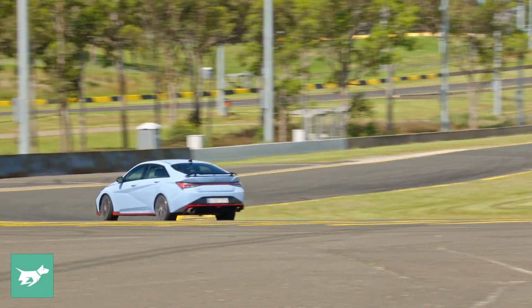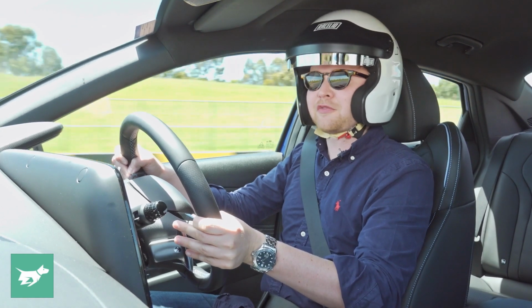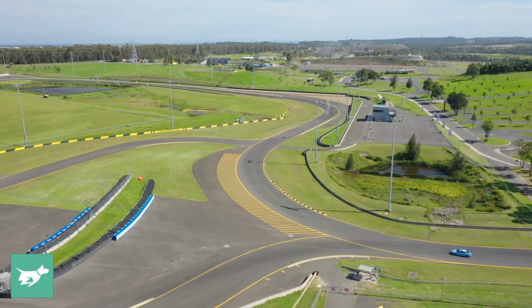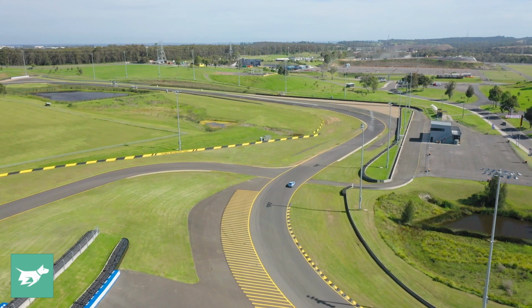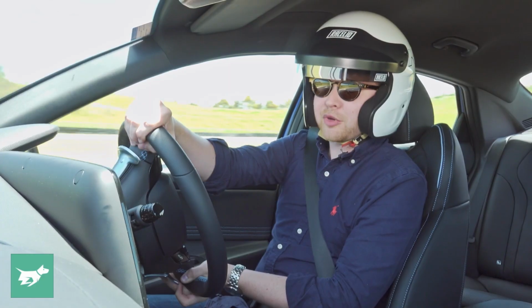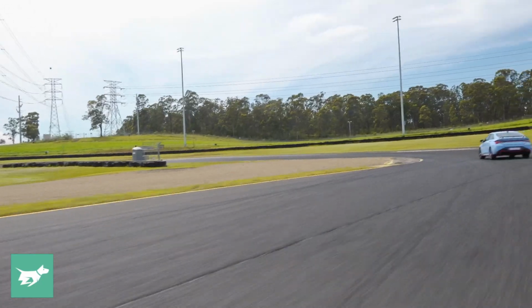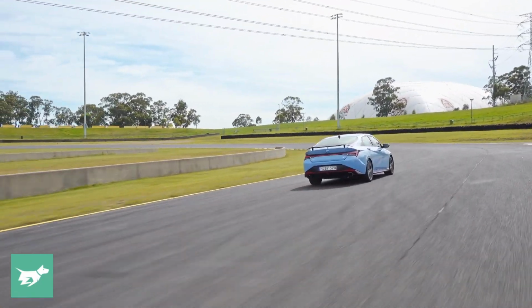There's good feel on the brakes. Nice positive brake pedal, although after about 5 or 6 laps here at Motorsport Park, it does start getting pretty long. But we're working with 360mm front discs, just Hyundai's own brakes on this car. They do stand up to some pretty good punishment though. Back in, get on the power. There's that grabby LSD. That really is a get out of jail free card in the i30 Sedan N,